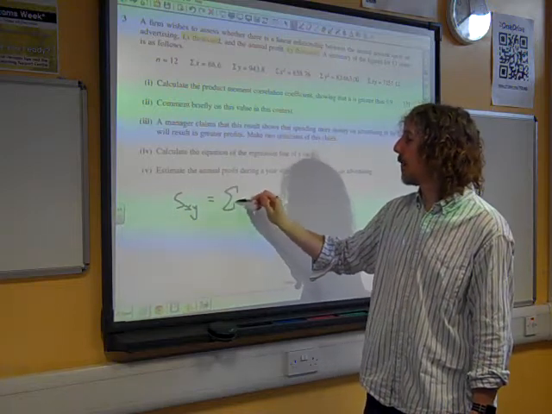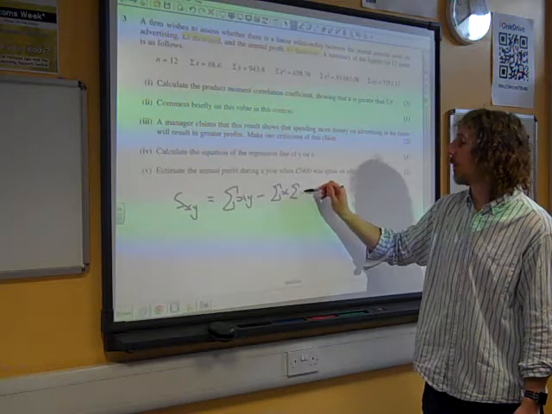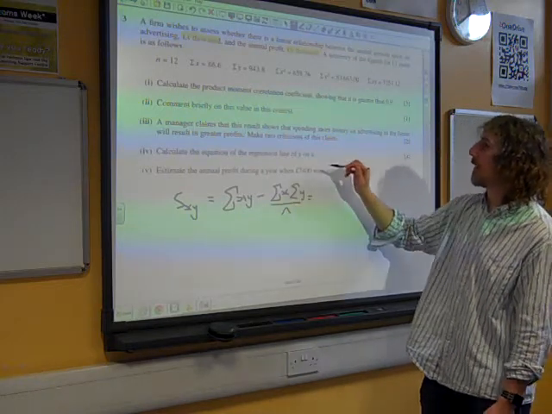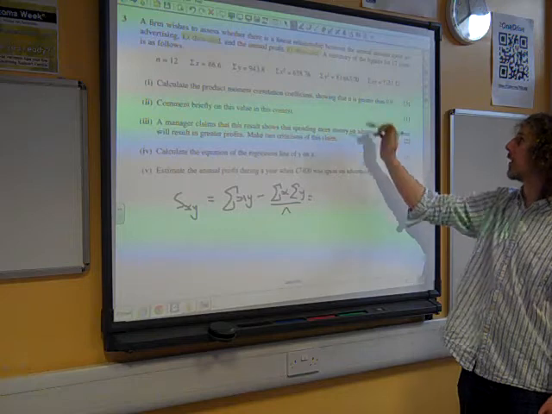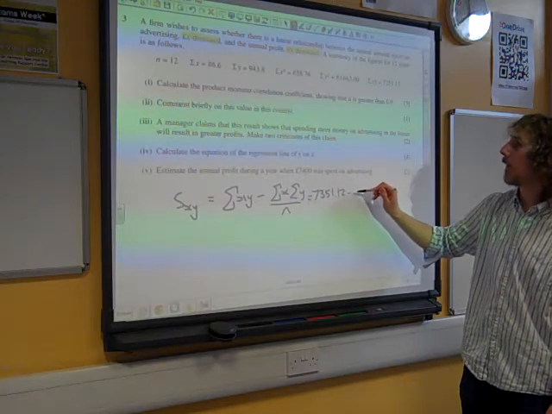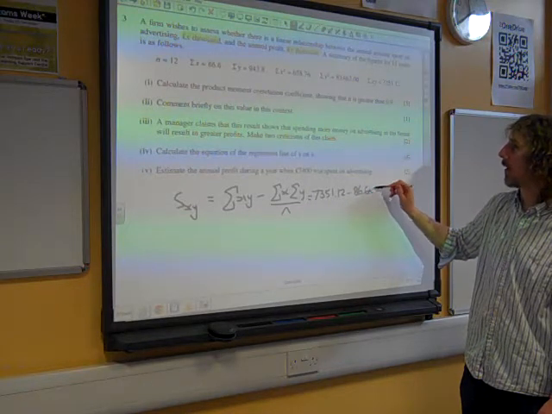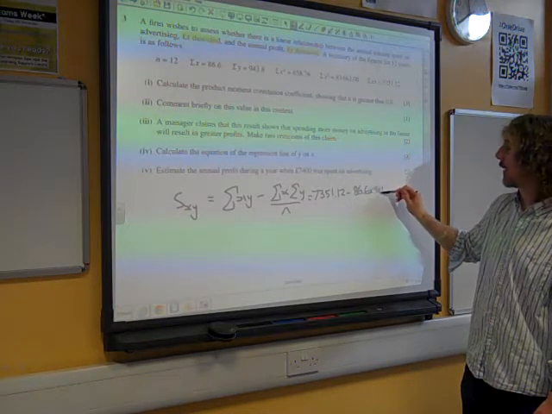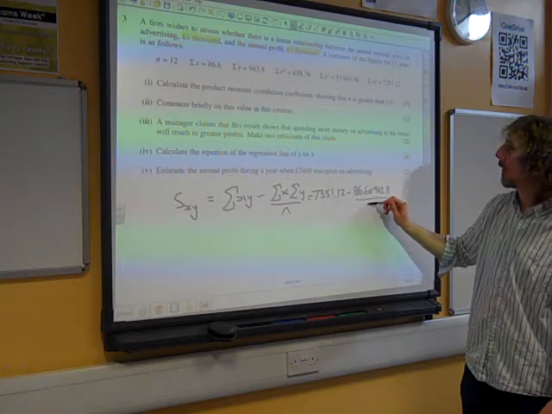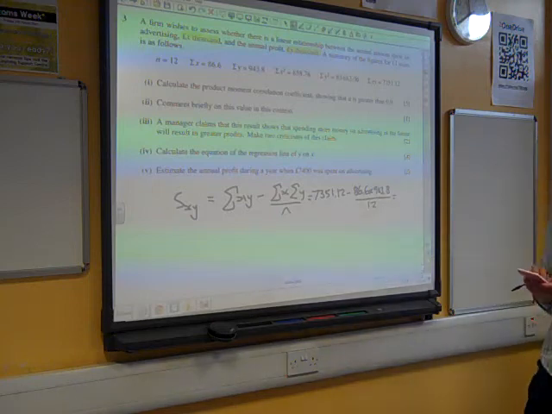Sxy, which remember was sigma xy minus sigma x sigma y over n. In this case that is, nice of them to give us the key bits of data, 7351.12 minus 86.6 times 943.8, over 12, gives us, I use this calculator,